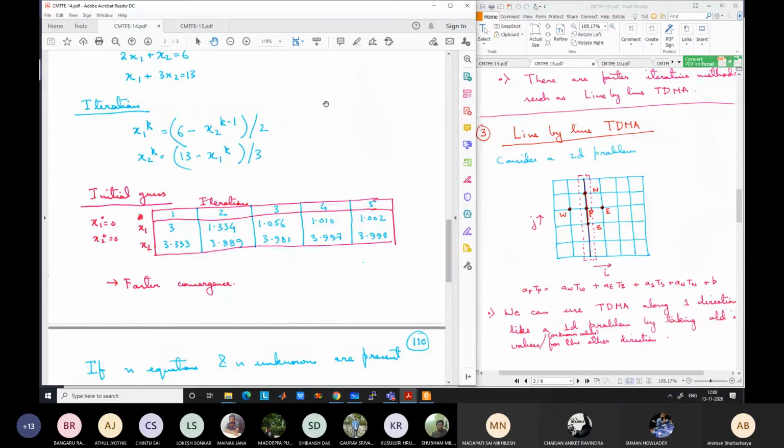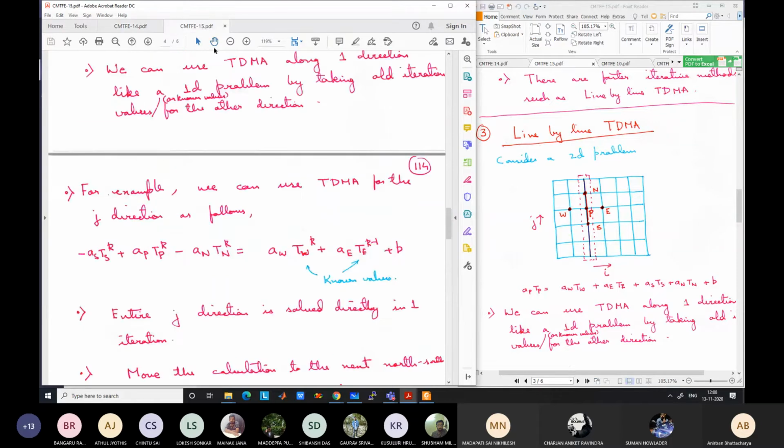Because all the internal grid point values, or all the unknown values, if the boundary conditions are also in terms of unknown temperature like dT/dx equal to 0, all the values are unknown. So you have to start with a guess value, a guess value of temperature. This is known as initialization in a CFD problem. Not initial condition, okay, initialization. You have to initialize your matrix with a certain value.